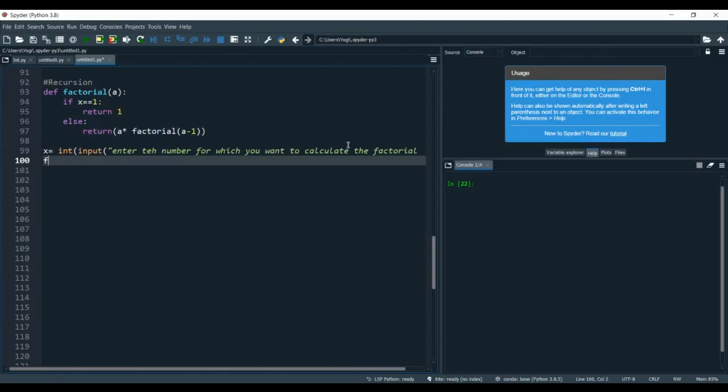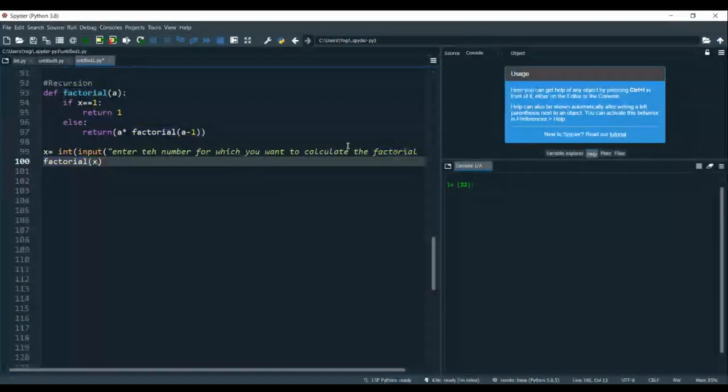After this, call that function factorial x.